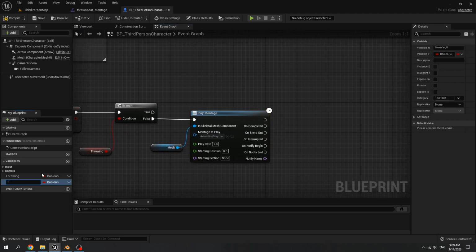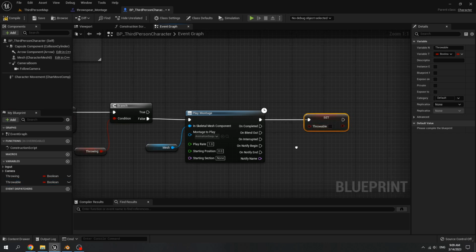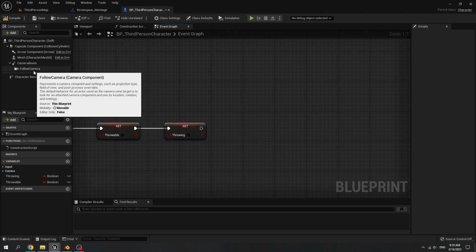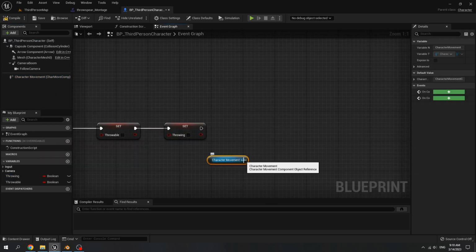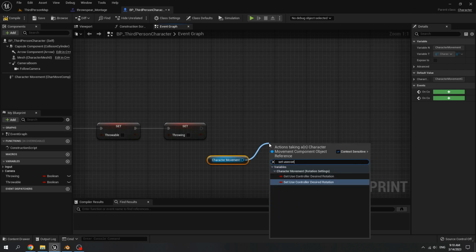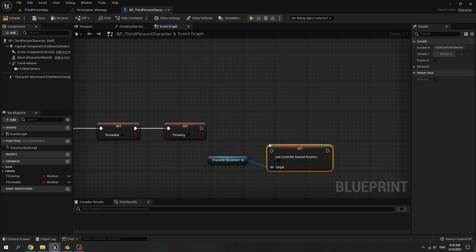Name it throwable. When we play the montage, set throwable to false and set throwing to false too. Get character movement. Then set use controller desired rotation to true.